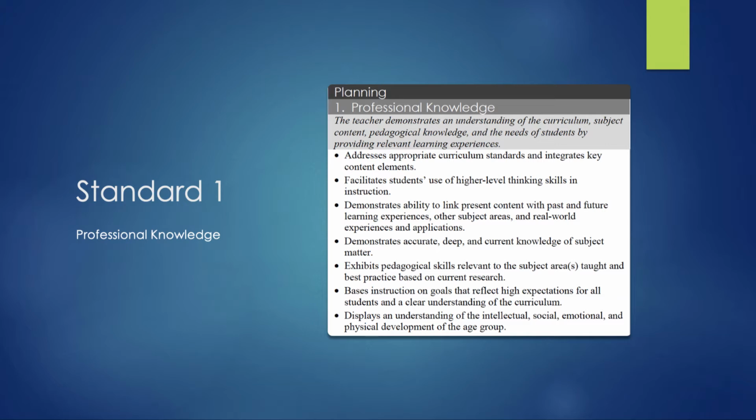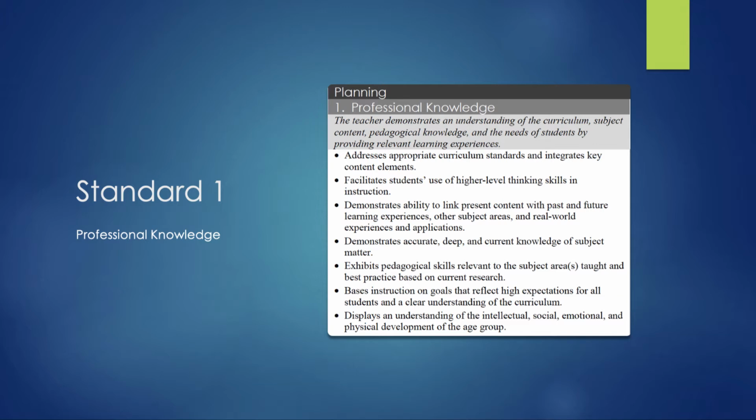Standard 1 is professional knowledge. This standard focuses on a teacher's knowledge of subject matter and a teacher's knowledge of how to teach that subject matter. Behaviors that would exhibit such knowledge include the following: addressing appropriate curriculum standards and integrating key content elements, facilitating students' use of higher level thinking skills, think in terms of Bloom's taxonomy, demonstrating the ability to link present content with past and future learning experiences and other subject areas and real-world experiences or applications,